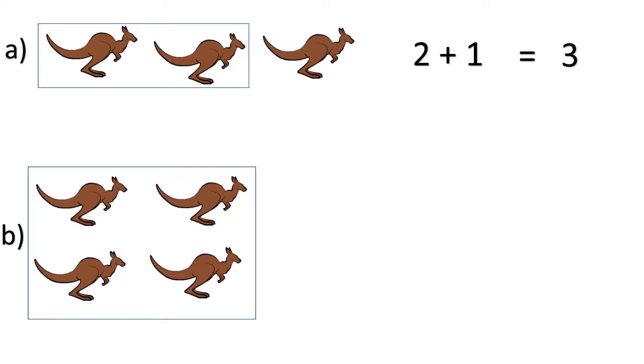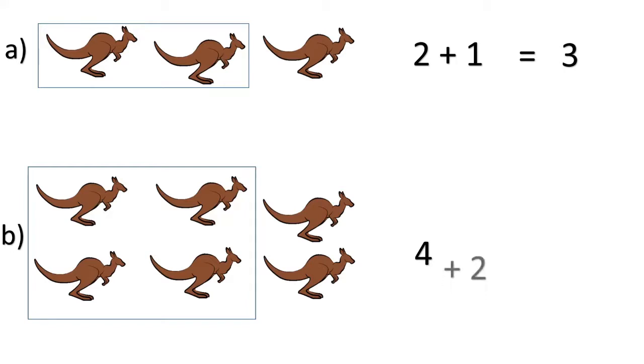Now let's go to example B. Now count and tell me how many kangaroos are here? Yes, there are 4. Now let's observe how many more joins them. Before there were 4 kangaroos. Tell me how many more joined them? Yes, 2 more joined them. Now how many are there in total in example B? Very good children, you are correct. There are total 6 kangaroos.